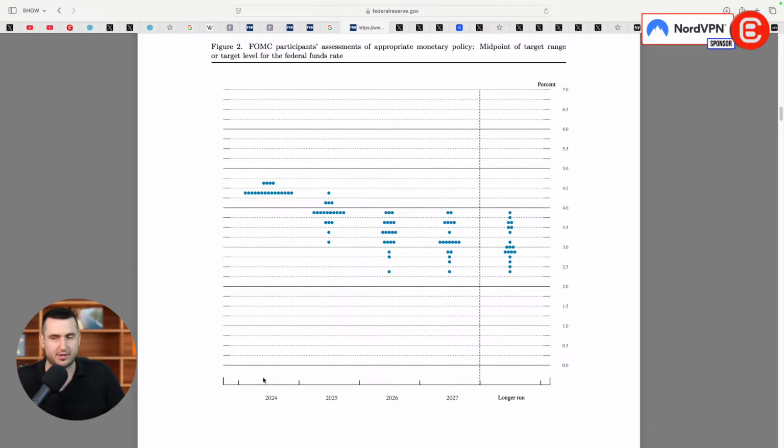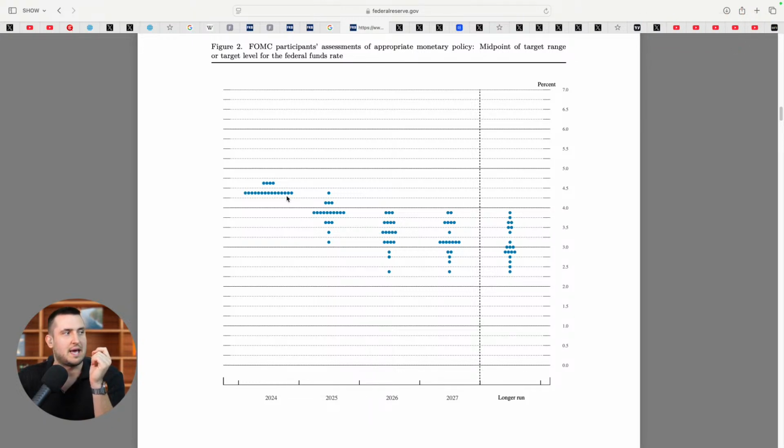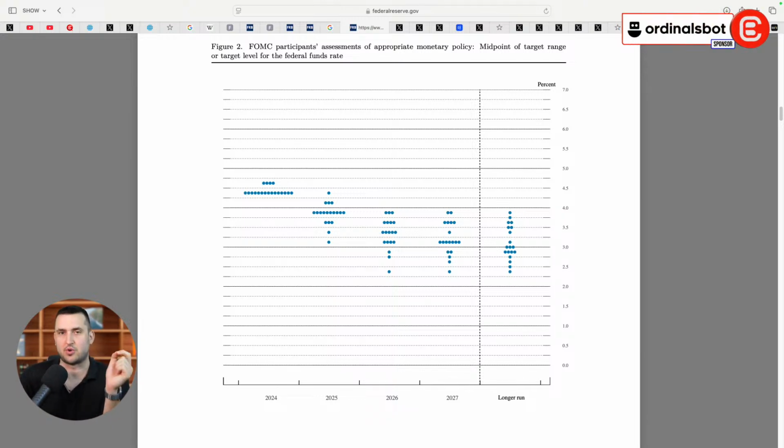So how does it work? Here down, you see the years, okay? So this is 2024, this is 2025, this is 2026, 2027, and long run. And then all these little dots here are an opinion of one specific Fed member out of the 19. So if you count, there's 19 dots. If you see here, these are the federal fund rate percentages. And it's marked by 0.5%, and they plot a dot at the point where they think inflation will be at the end of 2025, at the end of 2026, at the end of 2027, so on, so on. And so this is very important for everybody to understand where the Fed's mind is at.